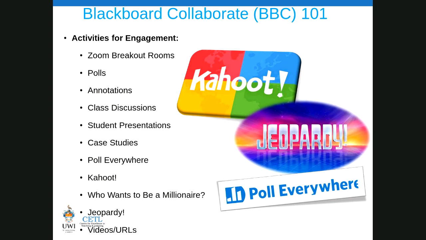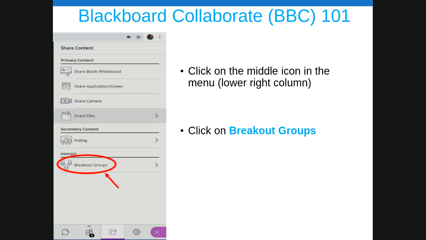Now, to do that, you would go to the same menu, like if you were adding a document, going to chat, or seeing who else is in the session, and you would click that middle icon. It's usually one with the arrowhead on it, as you see in the graphic here, and then you click breakout groups.